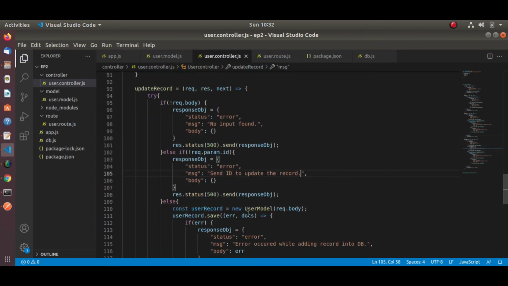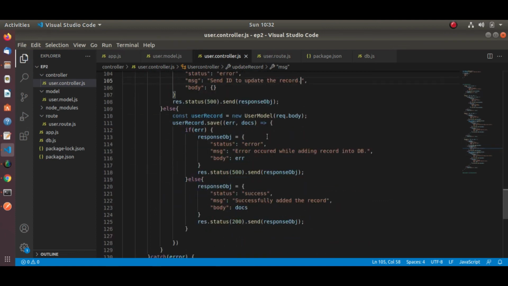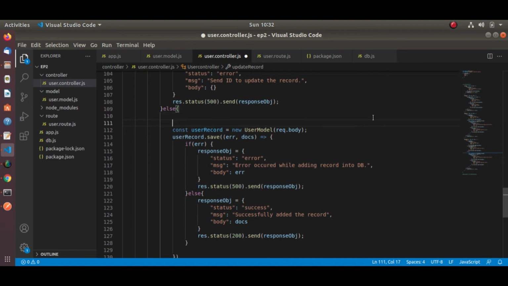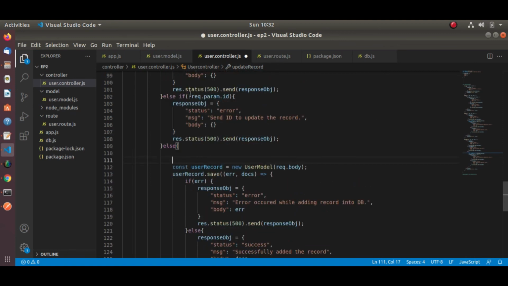Now here I have to write the update query. So what is my condition here? My condition is I will check with the MongoDB object ID, that is the unique ID of that record, then I will update the record. So for that let's write the query. We can use update one.